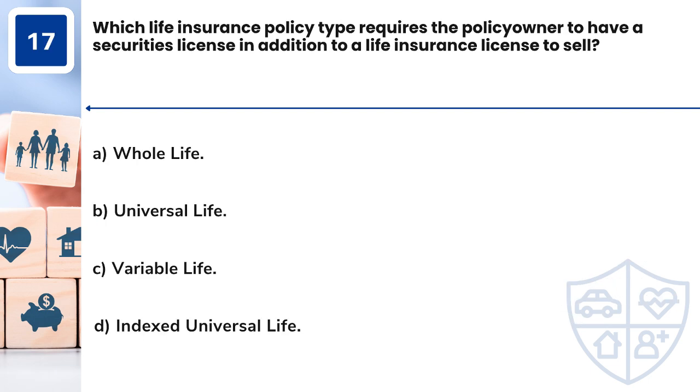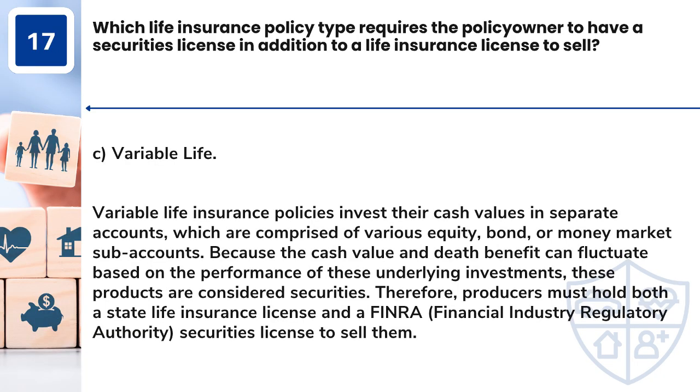Question 17. Which life insurance policy type requires the policy owner to have a securities license in addition to a life insurance license to sell? A. Whole life. B. Universal life. C. Variable life. D. Indexed universal life. Answer: C. Variable life. Variable life insurance policies invest their cash values in separate accounts, which are comprised of various